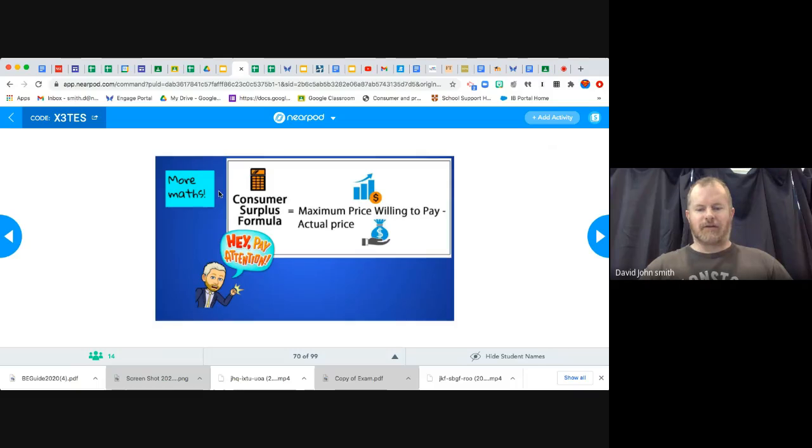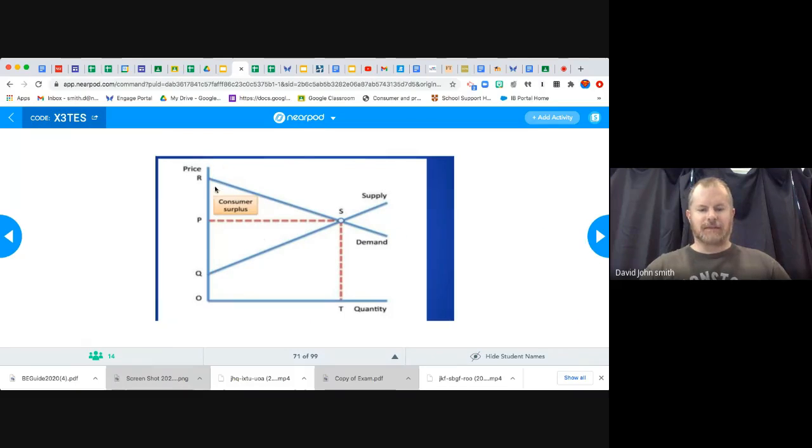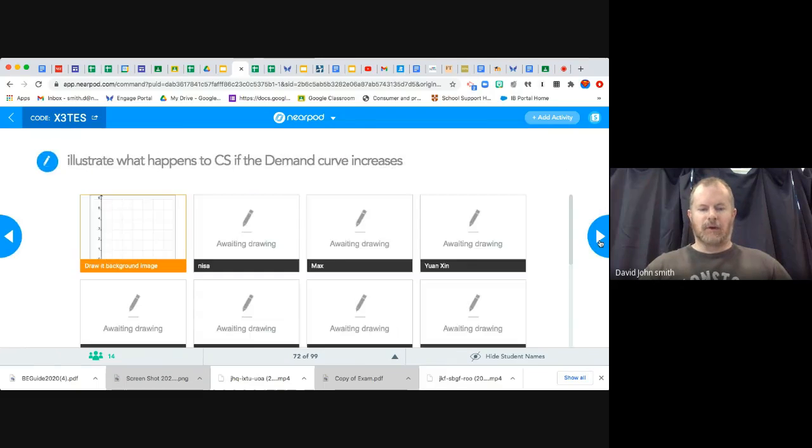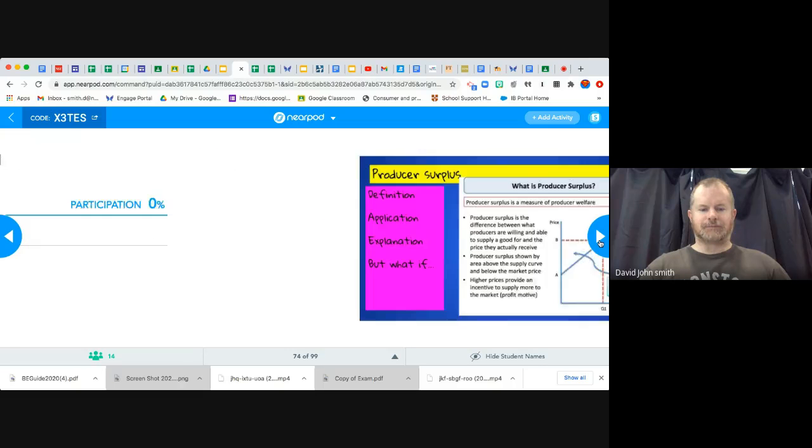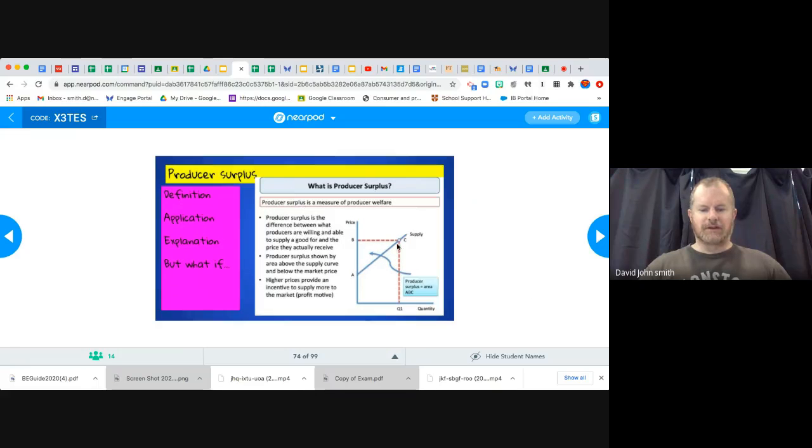We worked out the formula that we could use to calculate it. It's the area of the triangle, half the base times the height. And then when we added in producer surplus, here it is, we worked out that that was the amount that producers, they're prepared to supply this